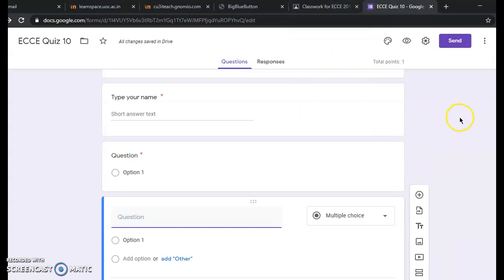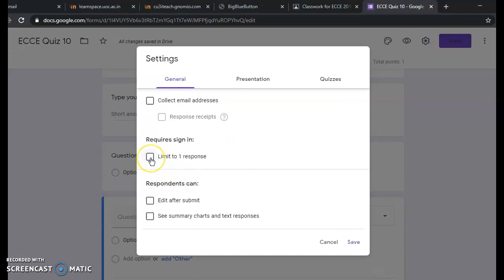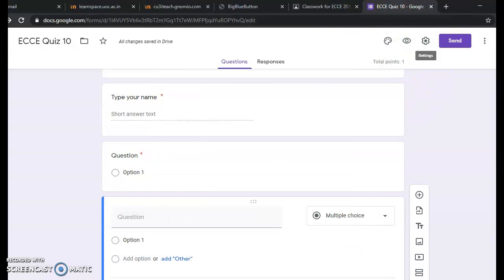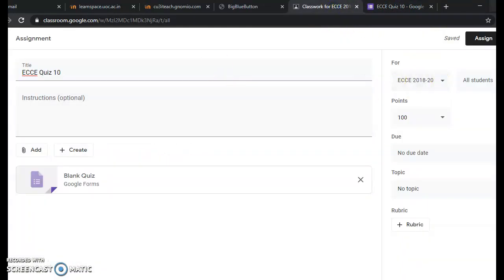And after you complete all these, there is a settings button, you click there, and you can click here to limit to one response, because students will have a chance to respond again once their submission is wrong. There will be a tendency to submit again. So if you want to restrict the number of submissions, you can put a tick here and press save here, and again you can go back to your page, that